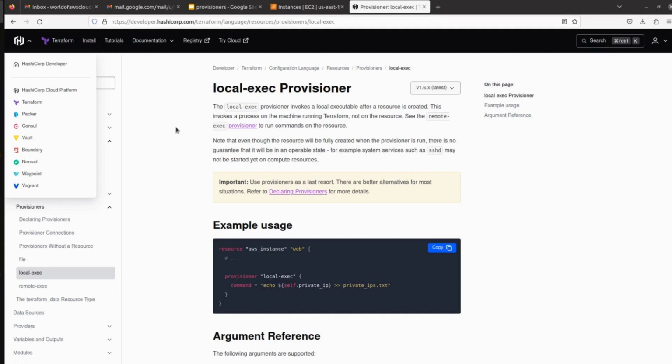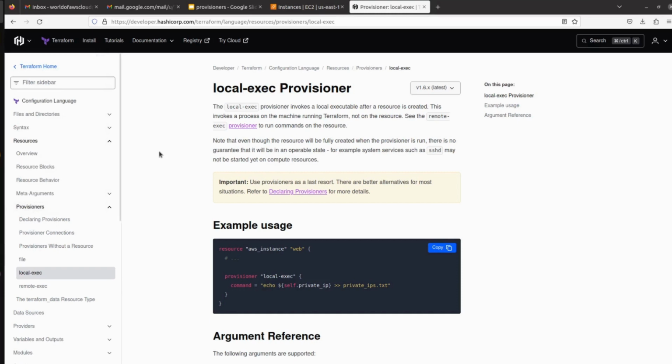Then you have to use local-exec provisioners to store the IP address of whatever EC2 instance you are creating. You can also run your script for different kinds of use cases.